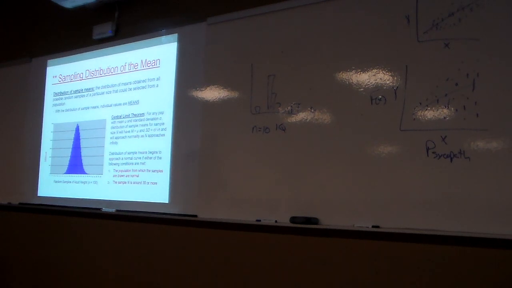And so again, the distribution of sample means starts to approach a normal curve very quickly if the population from which the samples are drawn is normal. So if I'm looking at IQ, height, things along those lines, then even if I have small samples, the distribution of sample means is going to approach normality very quickly. But sometimes we're measuring things that aren't normally distributed in the population, right? Kate's looking at heroin use, let's say. That's not something that has a normal distribution in the population, hopefully. It's going to be very, very skewed.